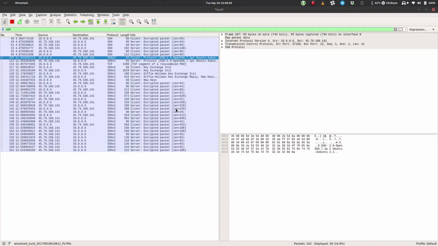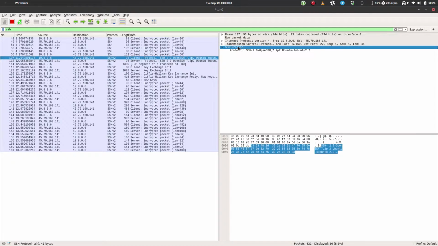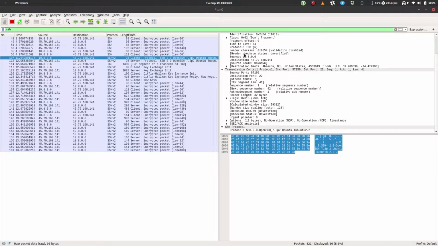and everything afterwards. So we could see from here the initialization handshake. So basically the client connects to the server and says, you know, I want to start connecting to you, and set up a connection. So we could see from here all the data that's being sent, and a breakdown of the